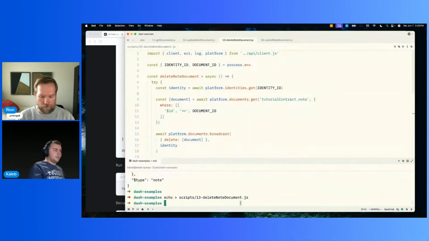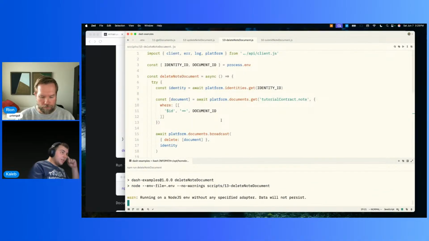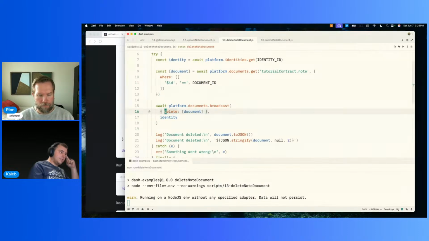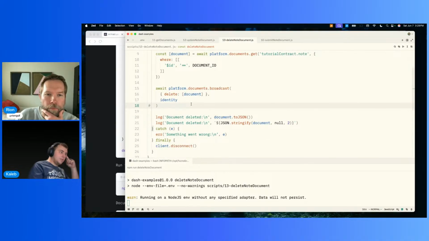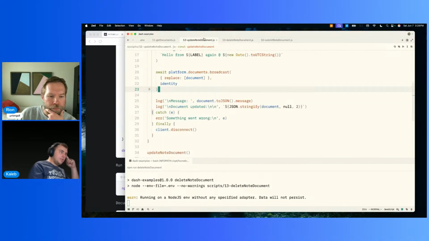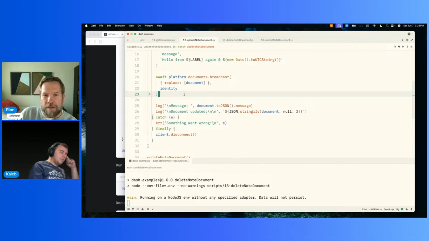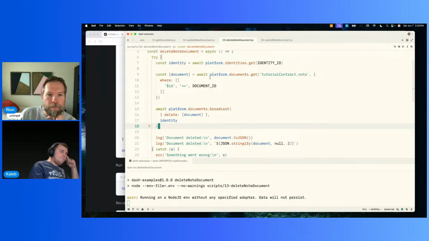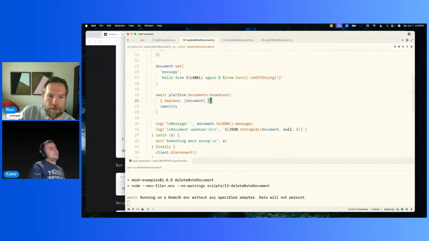And let's run that delete document. Same lookup, in the same broadcast, just this will be a delete action for that document. Okay. Yeah, so you basically have all your create, read, update, delete. You can do all at the same time, if for whatever reason you wanted to. I think it's cheaper to do it that way,